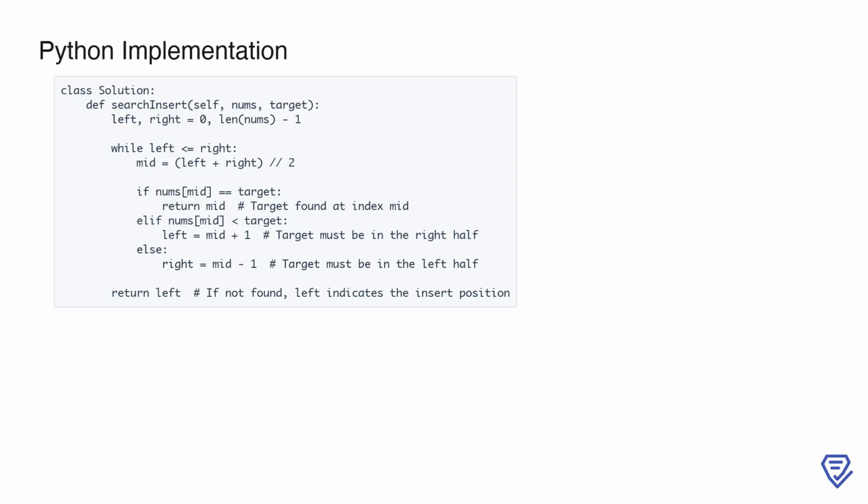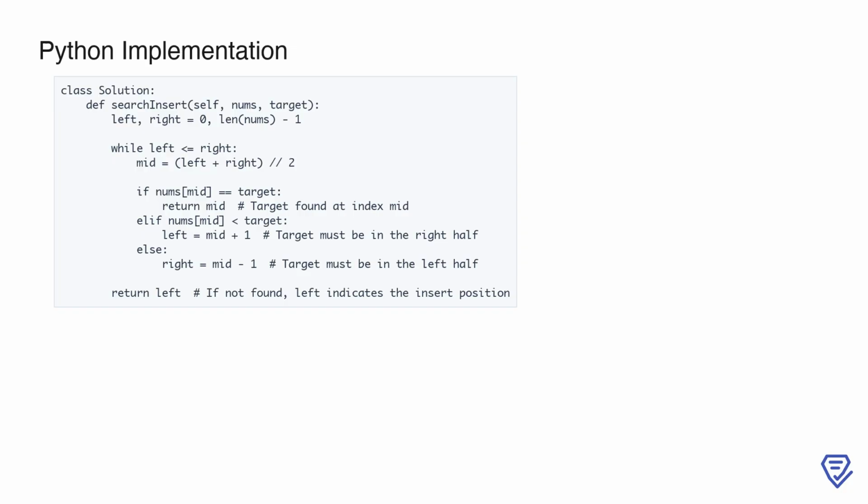If nums[mid] is less than the target, we adjust the left pointer to mid + 1 to search the right half of the list. Conversely, if nums[mid] is greater than the target, we adjust the right pointer to mid - 1 to search the left half. If the loop terminates without finding the target, the left pointer will point to the correct insert position